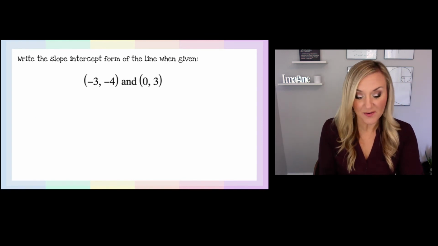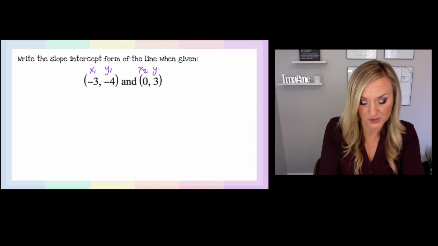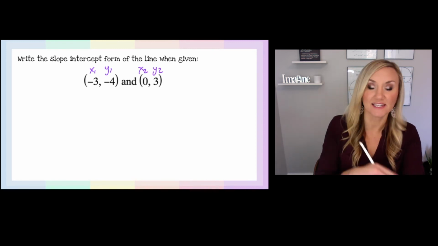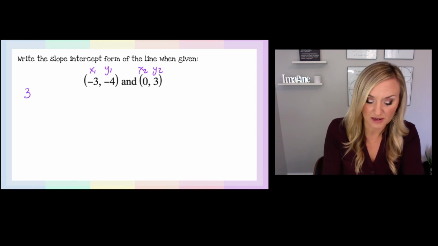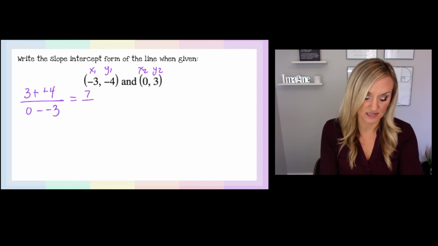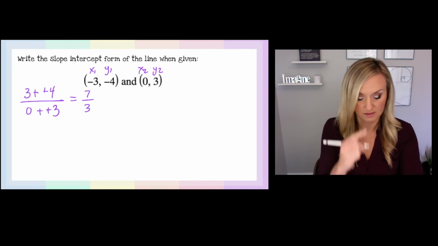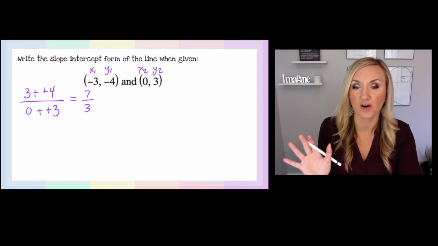All right, so I am going to set up x1, y1, x2, y2, and let's go ahead and find the slope. So we have 3 minus -4 over 0 minus -3. And it looks like I have 7 over 3. Whew, don't get worried that the slope is a fraction